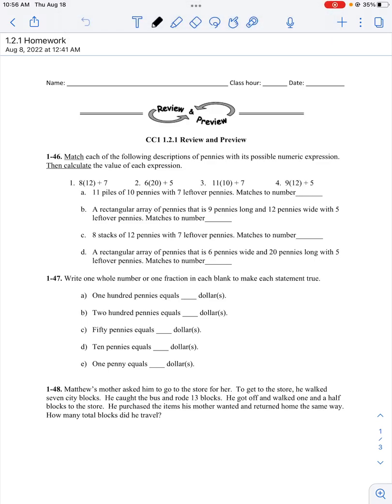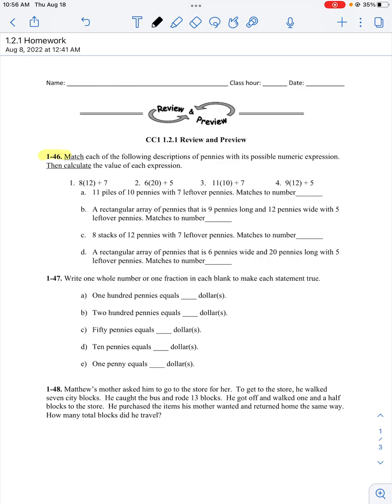Okay, so today we are working on CC1 1.2.1 review and preview. We are on problem 146. Okay, we are matching each of the following descriptions of pennies with its possible numeric expression and then calculating the